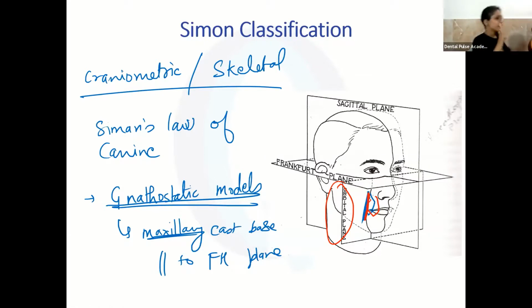So if you have to consider the orbital plane, then you just take this distal canine as a point here, and you have to think of a plane in this direction. Okay, so all your anterior 6 are going to come in this plane. So it is going to be like here. Okay, and it is going to cut through the distal of the canines. Okay, so all the anterior 6 teeth are going to come outside and in front of the orbital plane. Okay, so Simon's classification is clear.